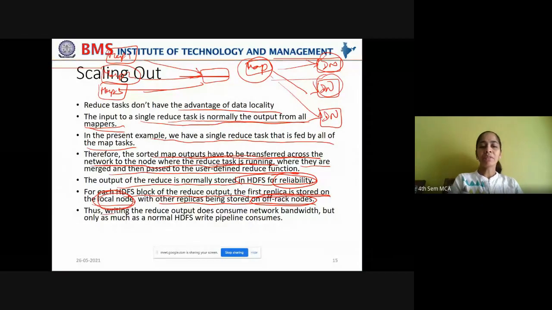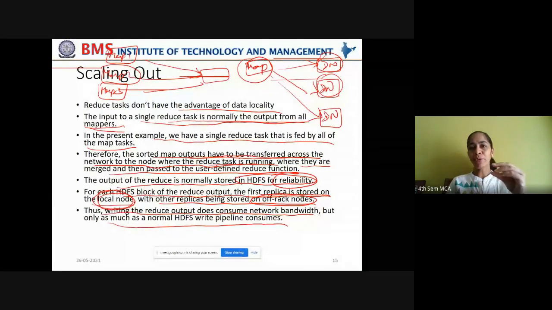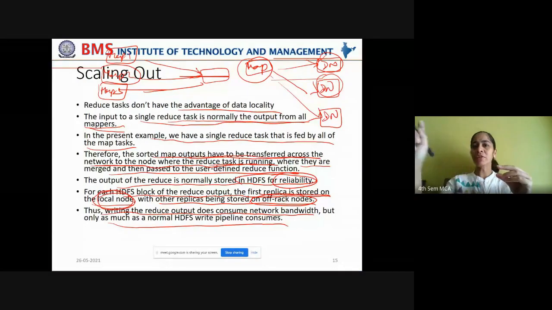Okay. Thus, writing the reduce output does consume network bandwidth, but only as much as the normal HDFS write pipeline consumes. So, to maintain the replication factor 3, you have to send this reduce output to two other nodes. One copy is maintained on the local node, so no data transfer is required.